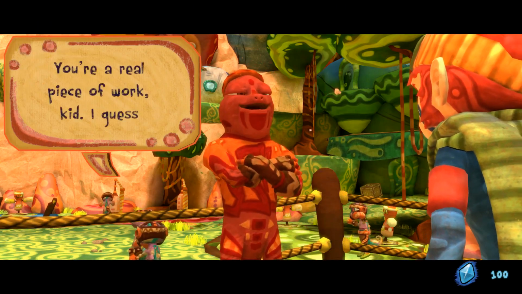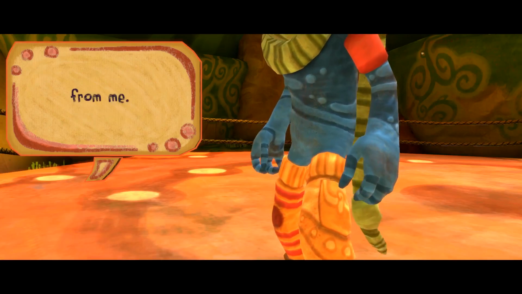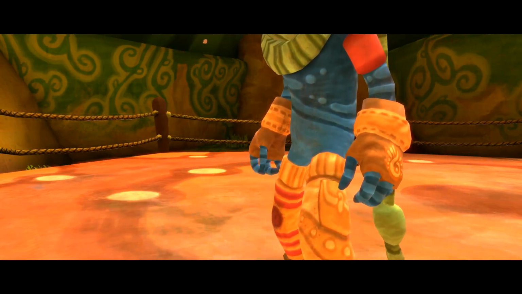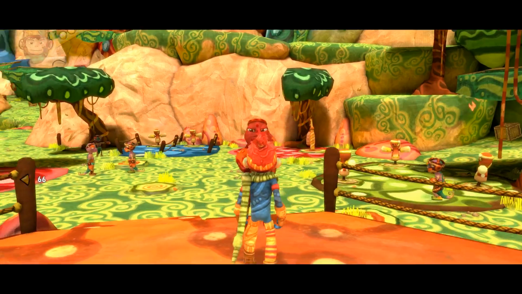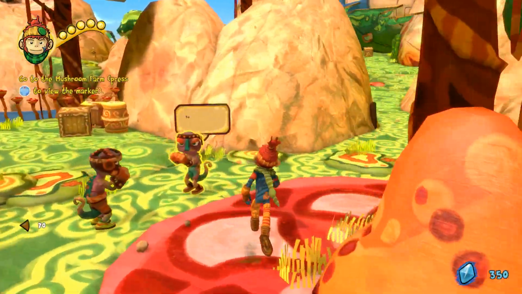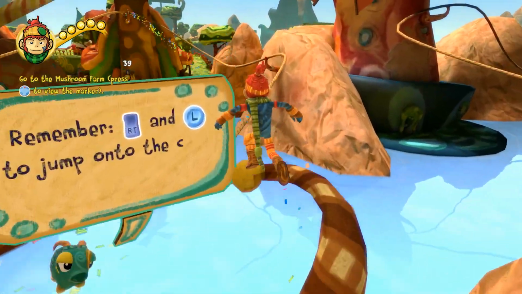We have 5 of those right now. So, just for taking part in the fighting workshop, we get new gloves, which prove that we've learned our skills. We will change our character based on these quests that we complete, which is cool. And we got 250 gems as well. These 250 gems allow me to... where do we go here? Over this way? Really? Oh, it is over this way. These 250 gems allow me to...